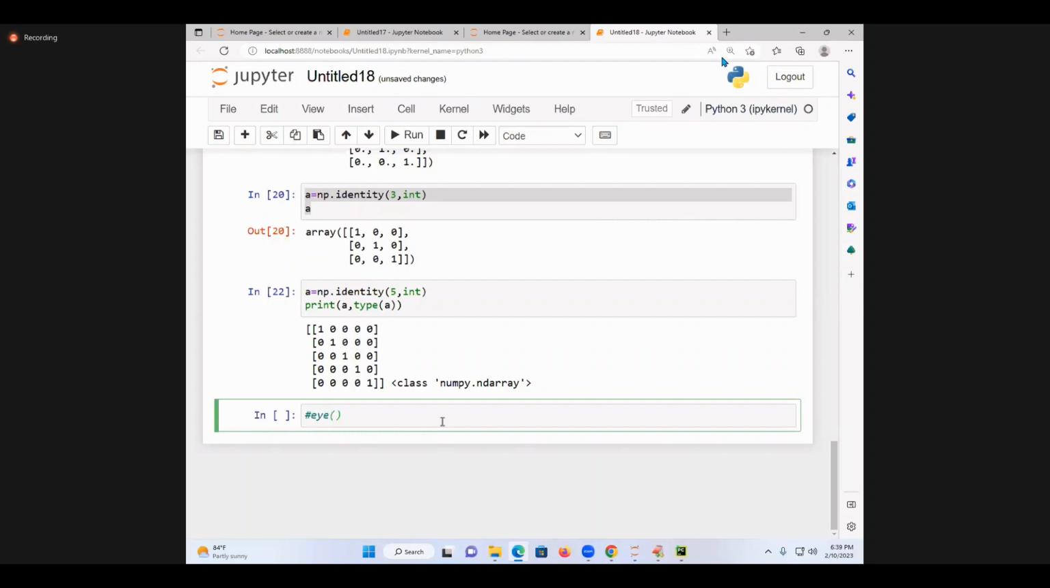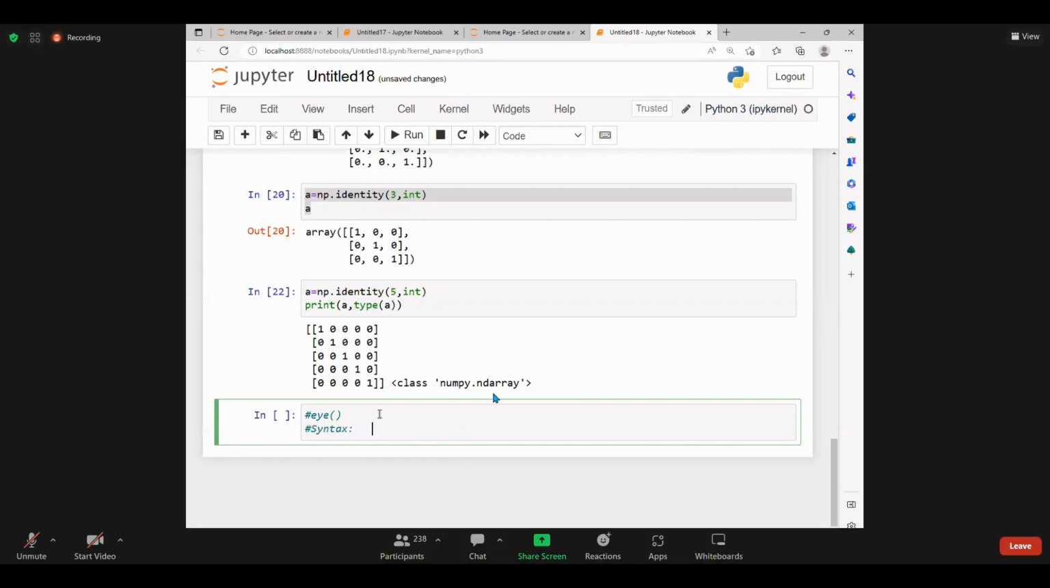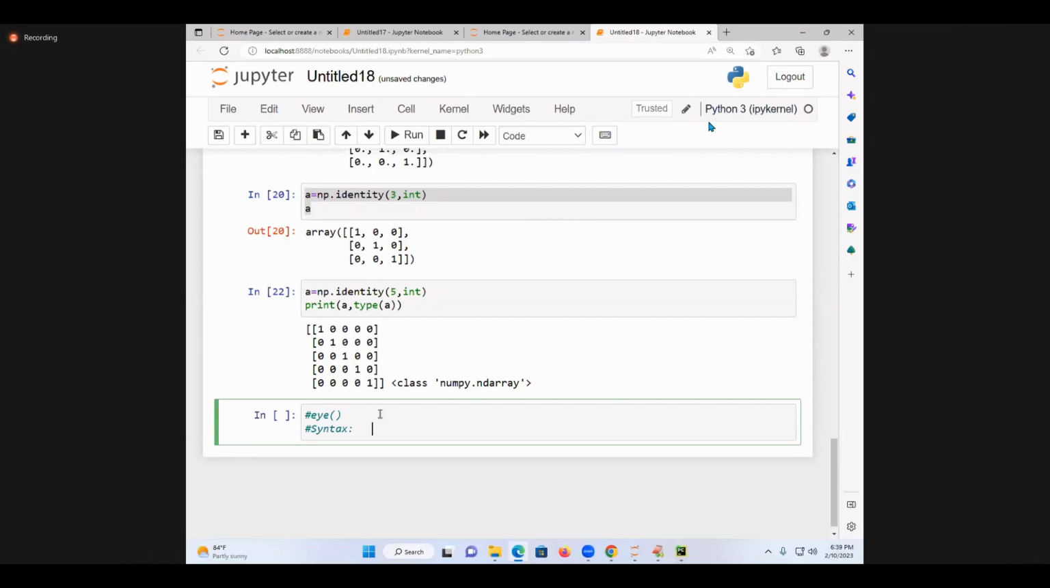The eye function. Spell out. I. Right. Let us go to the eye function here. Syntax I am going to tell you. Look at the syntax. This is not there in my documentation actually, in the notes which is uploaded. So let me tell you some new things in NumPy. Syntax: variable name is equal to numpy.eye